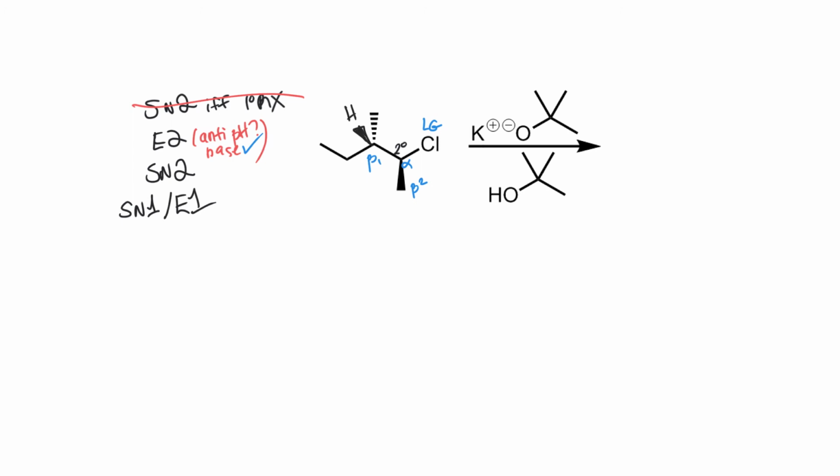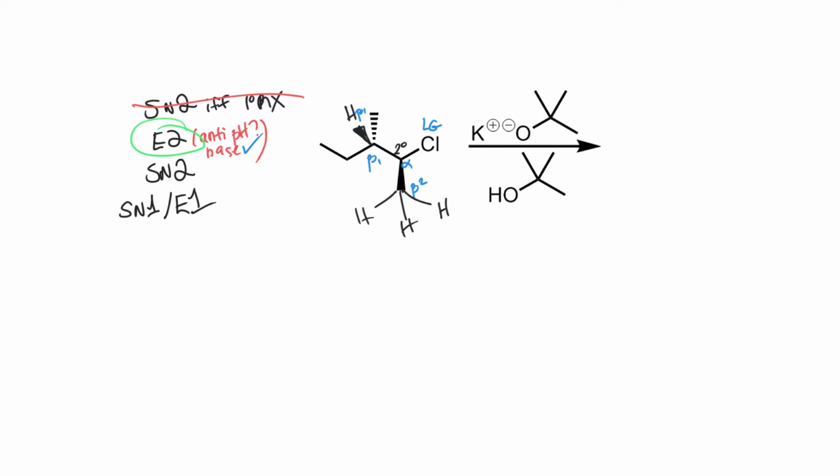Here's a wedge. That's beta 1 H. And then this is a methyl, which actually has 3 H's. So yes, we will be able to make a beta H anti to that. Right? That means who wins? E2. We're going to have an E2 product. We go on to do the E2 thing.